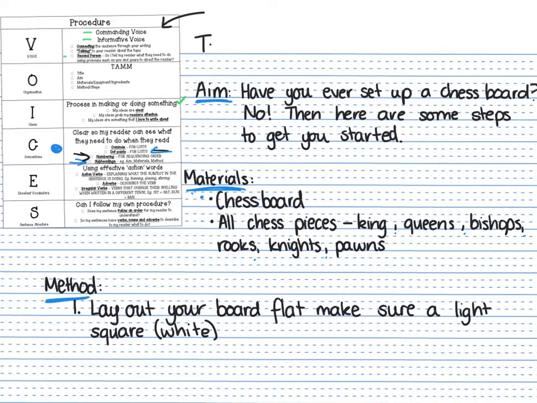They have a different colour square, so I'm going to say a light square. So whatever the light square is, you need to put down there. So a light square is in the right bottom